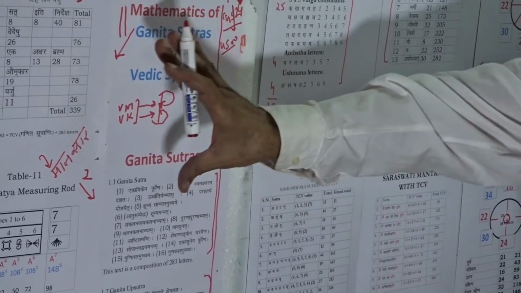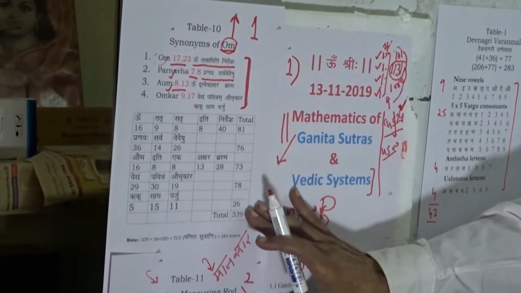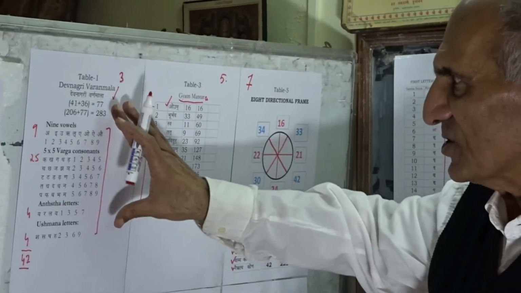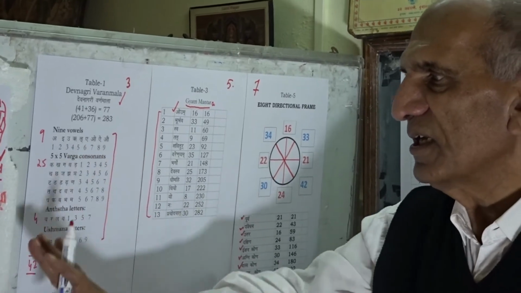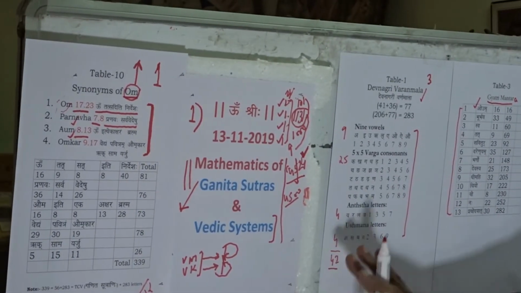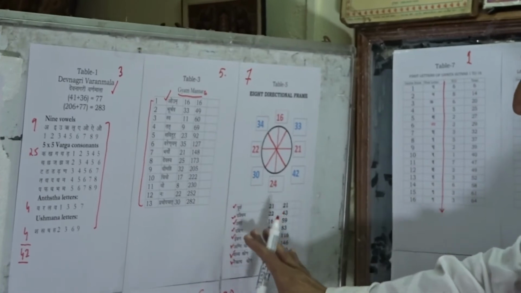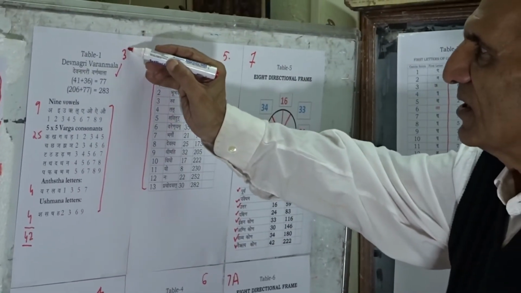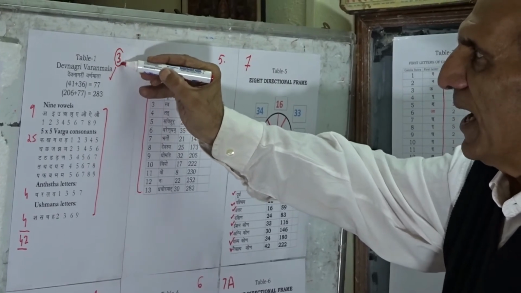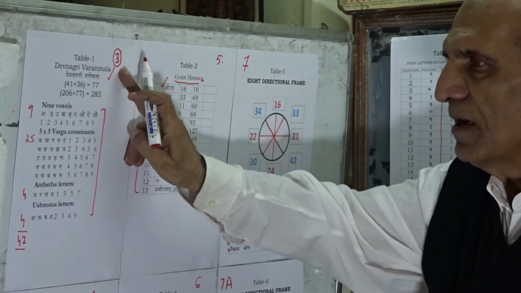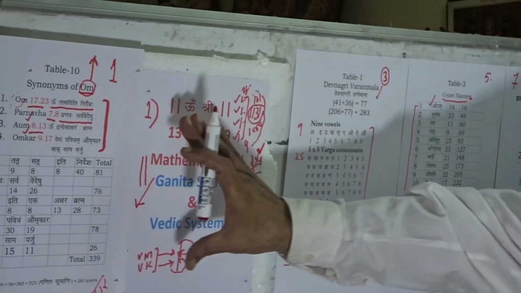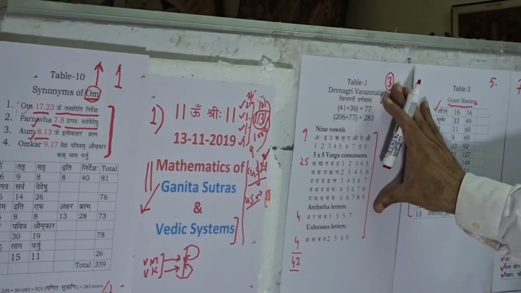Then this comparison of this pair of formats is going to be of twofold features. Firstly, the external features, and secondly, the internal features. The external features are going to be of 7 formats, and this is going to start with the Devanagari Varnamala, and this Devanagari Varnamala presumes Sthapatya Meering Rod and the Om formulation. Therefore, in sequence thereof, it becomes the third